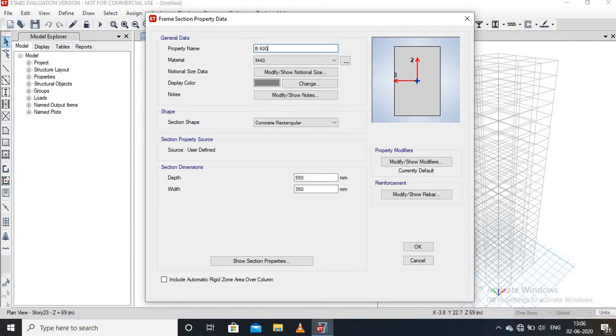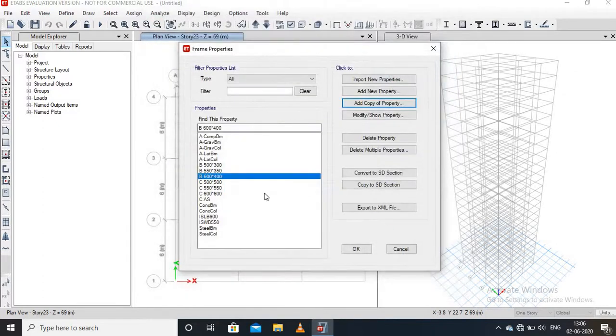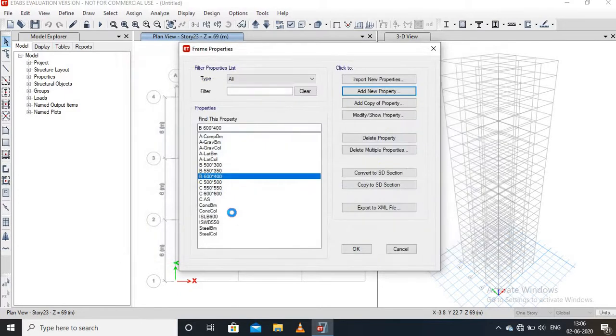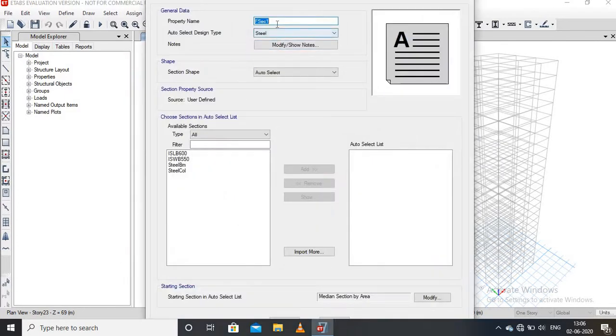Beam 600 by 400. Change it to 600 and 400. Then press OK. Go to the add new property and add all beam sections in an auto select list. Beam auto select.